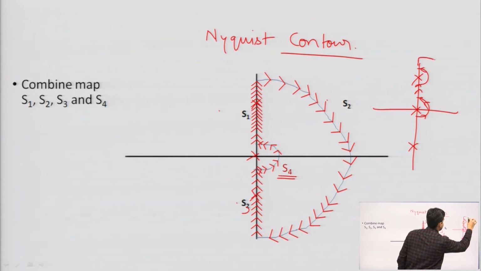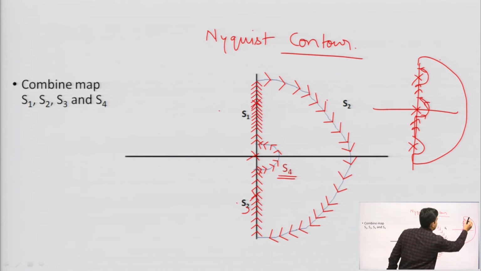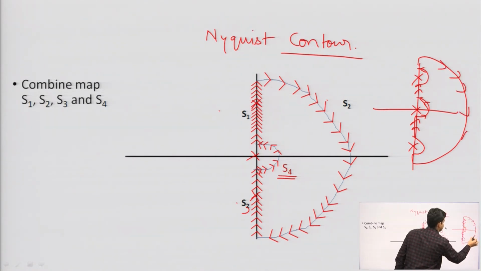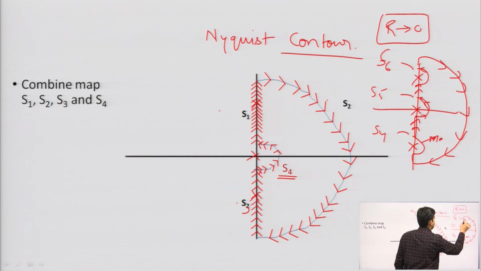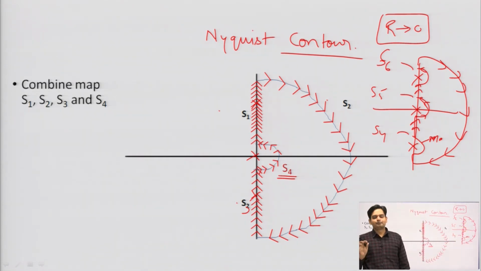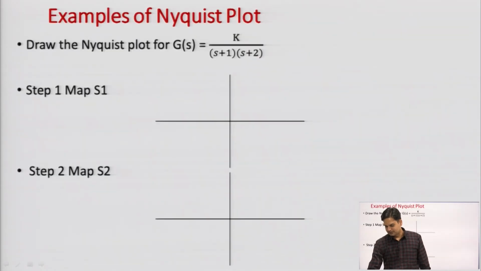I need to increase the number of contours and ignore these poles coming on the imaginary axis. So, this will be our reference Nyquist contour, it will change like this. We need to consider the map of this curve, suppose it is S4, this is S5, this is S6, and in all the curves we have to assume our radius tends to 0. We are doing this only to avoid poles lying on the imaginary axis. So, this is our reference contour.